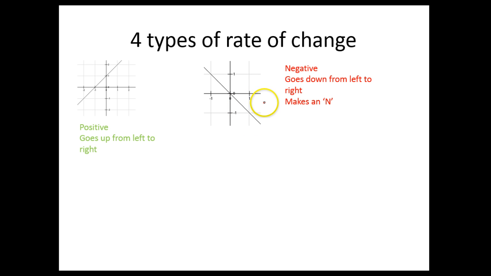Okay, so negative slope. Also, if you draw vertical lines on either side of the graph, that makes an N. Can you see that? How it makes an N? If it makes an N, it's negative. N for negative. The third kind